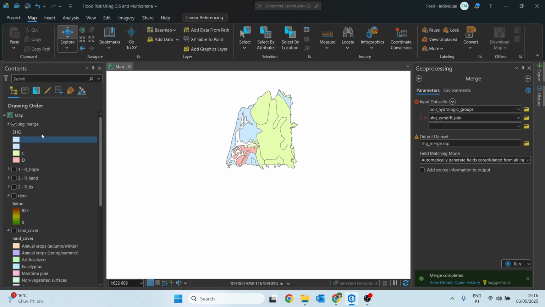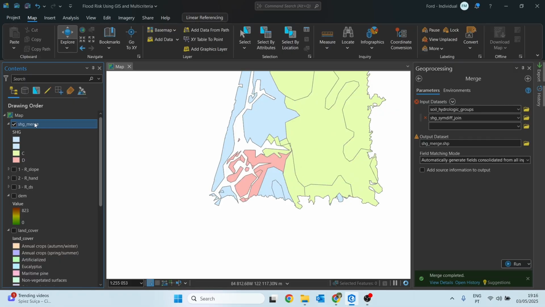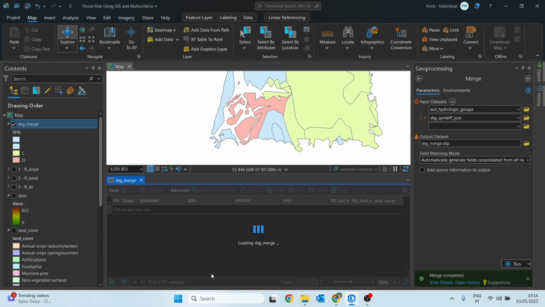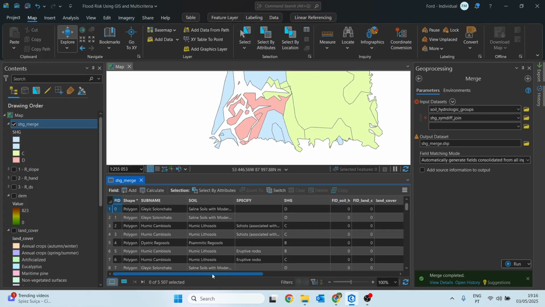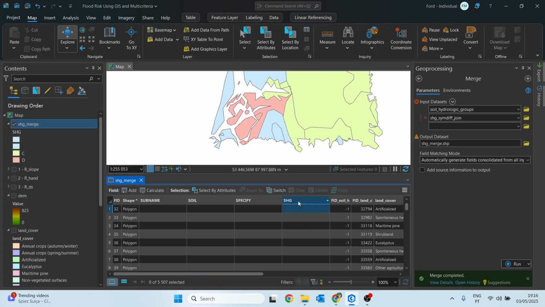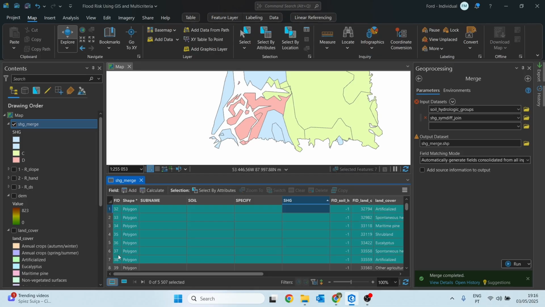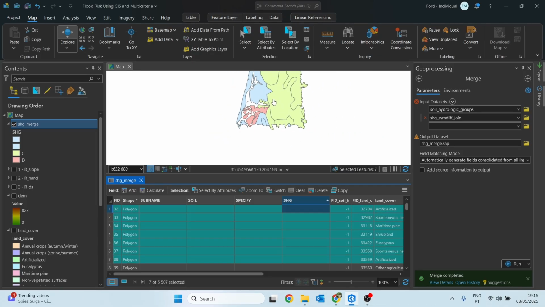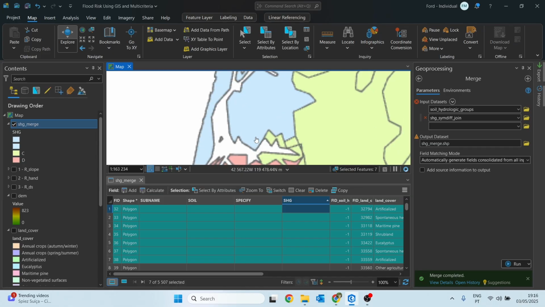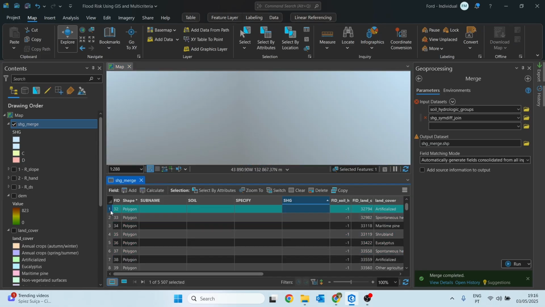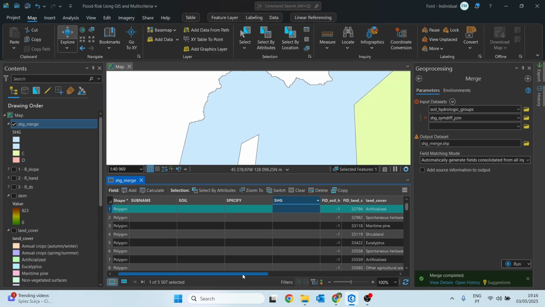With the merge, we can see that there are still blank areas, and I believe this is just a symbology issue, since after performing the merge, data got split across the columns. So let's check this. Let's open the attribute table of the SAG merge, and we can see the SAG, and if we sort ascending, we can see that there are no values here. So we just need to transfer the values from one column that appears further to the right to this one, using the field calculator.